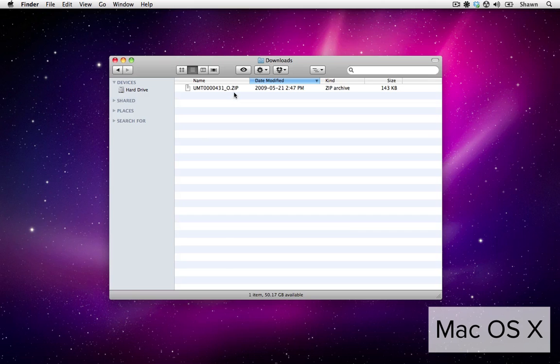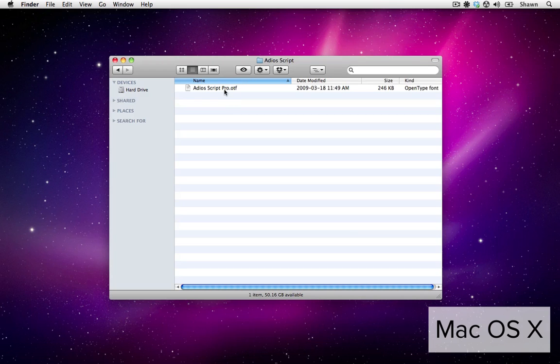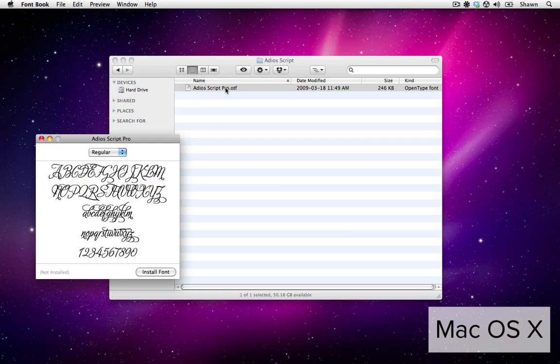As you can see, we have our zip file in our Downloads folder, and with Mac OS X operating systems, you just need to double-click a zip file to uncompress it. That's going to show our font folder, and I'm going to double-click that, and that's going to reveal our font file. Now, we're going to select and double-click that file, and this is going to provide us a preview window